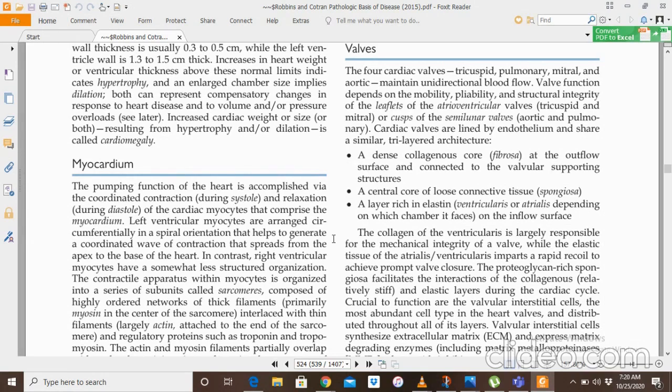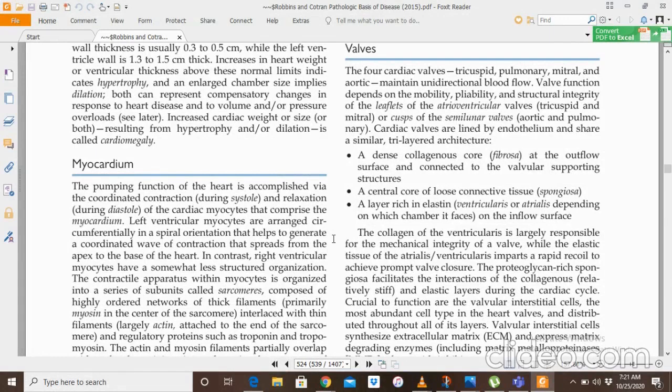Basically, there are two types of valve. First is called the atrioventricular valves and the second is called the semilunar valves. The valves which are included in the atrioventricular valves are tricuspid valve and the mitral or bicuspid valve. The valves which are included in the semilunar valves are aortic valve and the pulmonary valve. All the valves have three cusps except one valve which is called bicuspid valve or mitral valve has only two